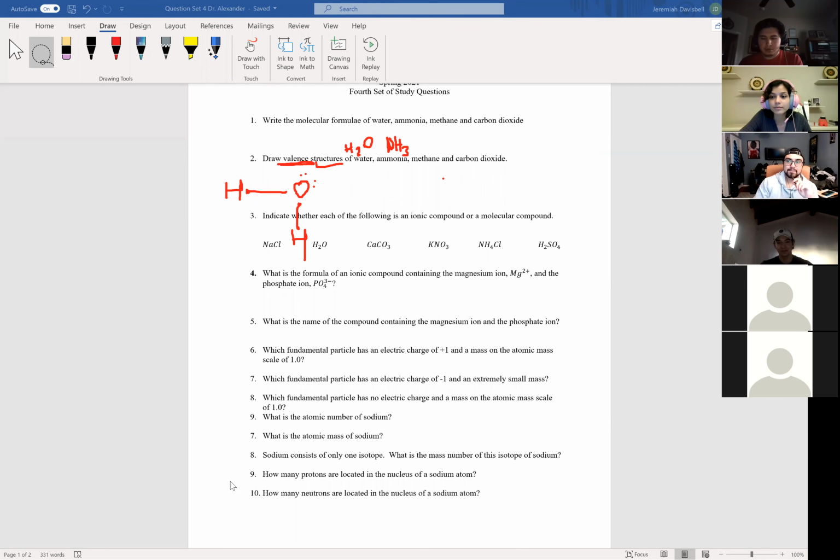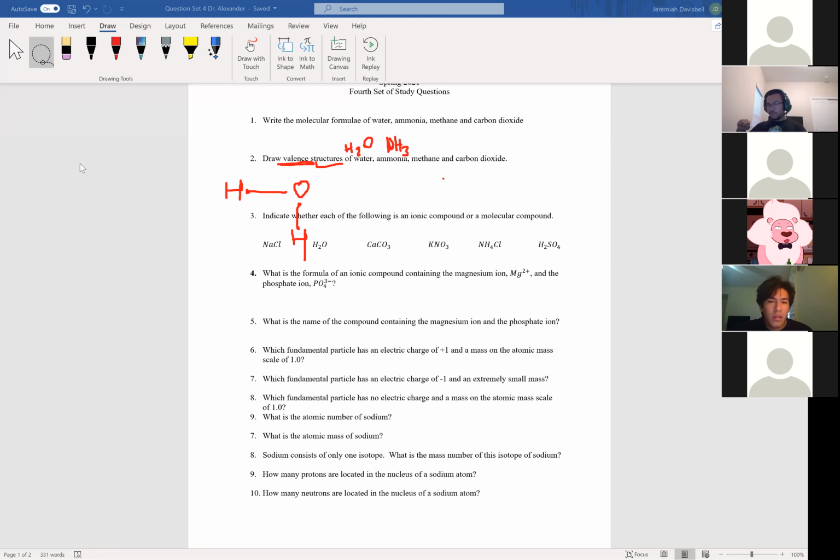Can I say something real quick, Andre? Yeah, you're good. So for Dr. Alexander, you might see it with the electrons, you might not, but the most important thing is that you see the oxygen bonded with the hydrogen. That's how he might end up showing it. Since you guys aren't that far in yet, you might just see it without those little electrons, just one little line and one little line on this. It could look different ways. This hydrogen could be all the way over here instead. Just remember, it's got to be 2 hydrogens that are connected. Doesn't matter where, honestly, but just make sure that they're connected, okay?